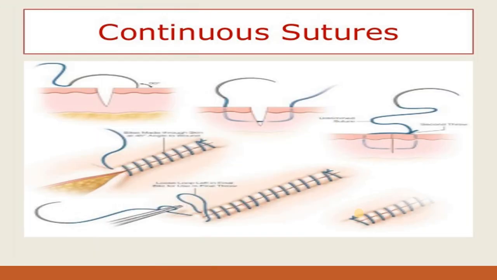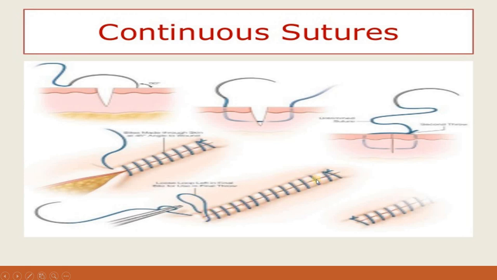Okay, right. Next one is continuous sutures. You will see there, these sutures run through the whole incision without interruption between the individual sutures. This is the individual sutures, and these are the interruptions. Whole suture, in between the interruptions. The technique is similar to the interrupted simple suture without cutting each stitch. Okay, without cutting each stitch.